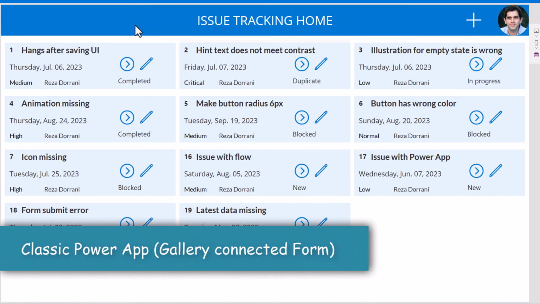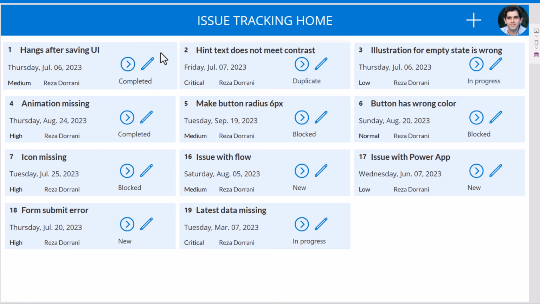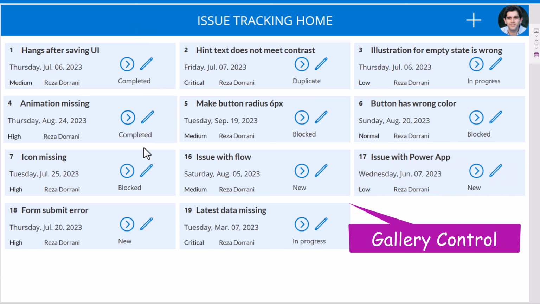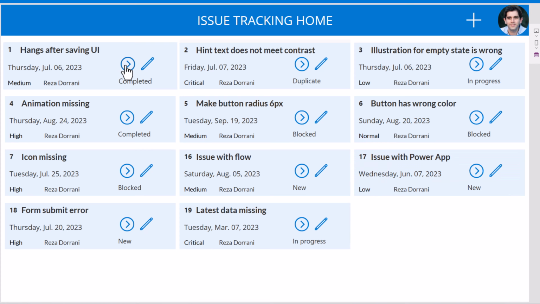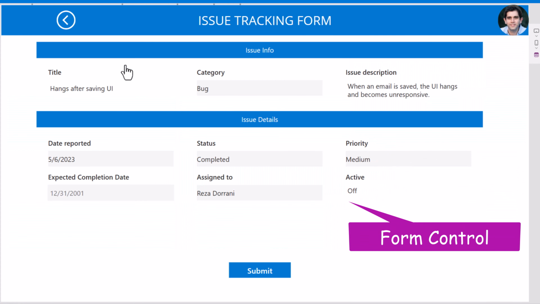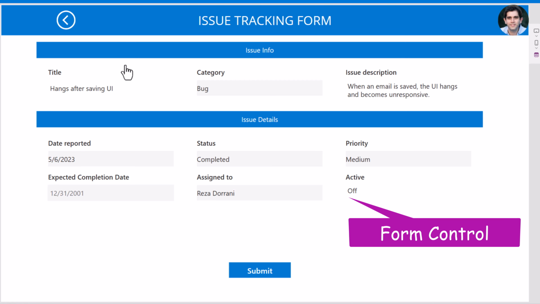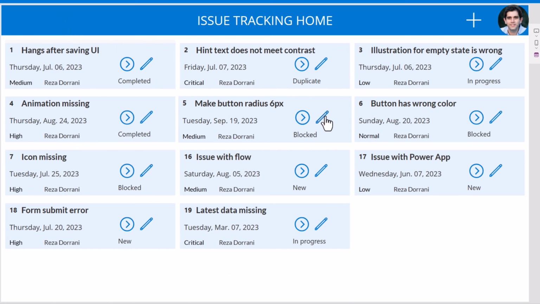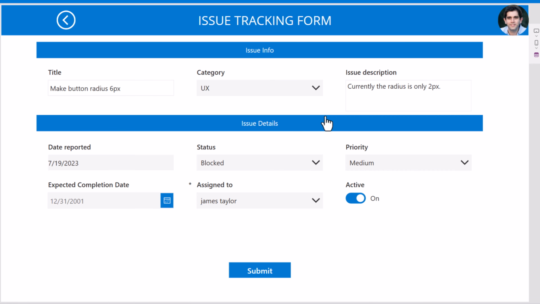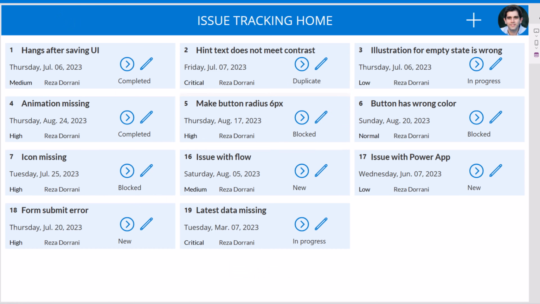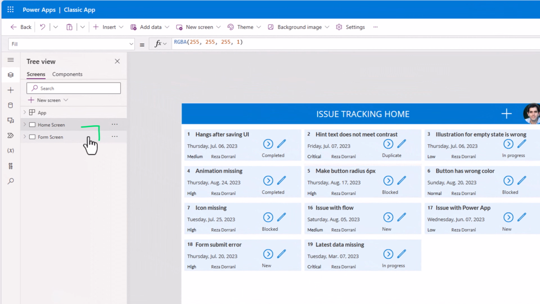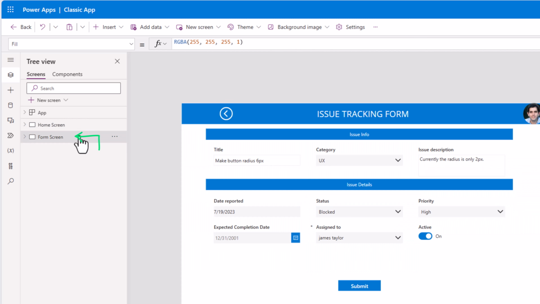I built this Power App using the classic controls. The data is displayed in a gallery experience. The user can select a specific item in the gallery, look at the details. The user also has the option to edit a specific item, where the user is free to make changes. Simple two-screen Power App. The home screen that has the gallery, and then the form screen that has the form